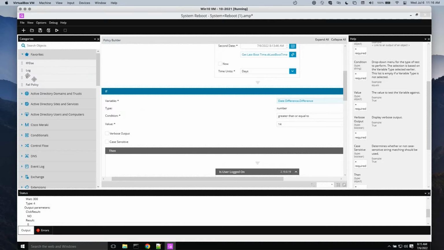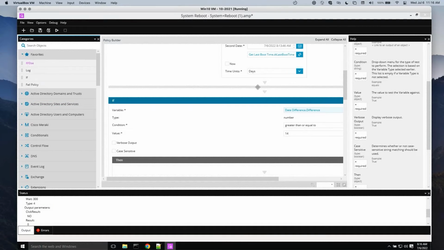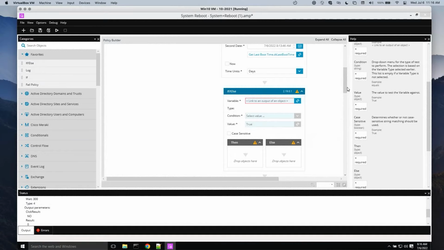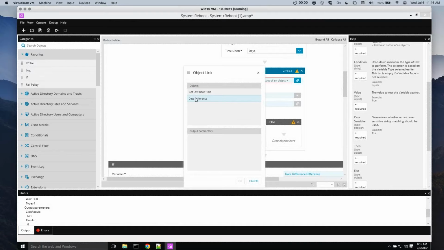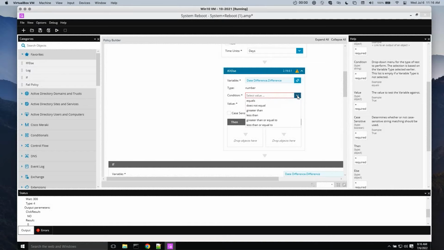I take that and drag that to there. So now I've got an if else instead of an if then. So if the date difference is greater than, let's say, 13,